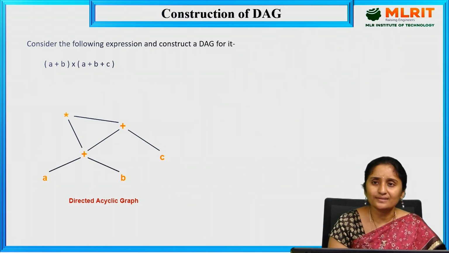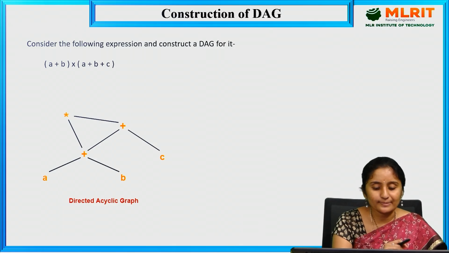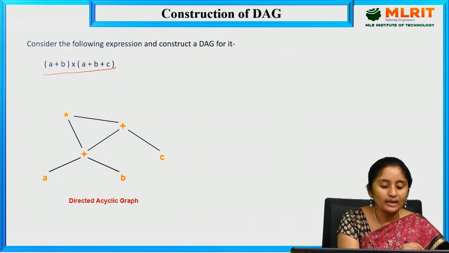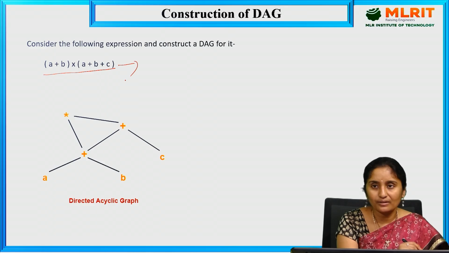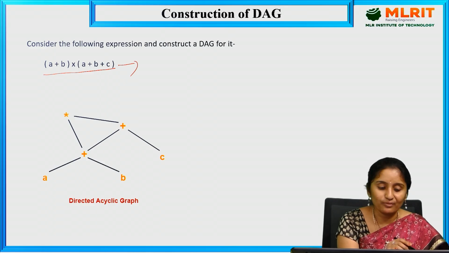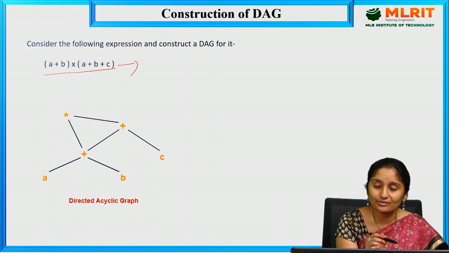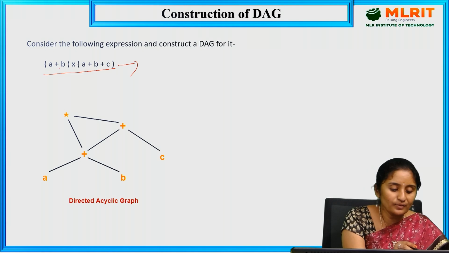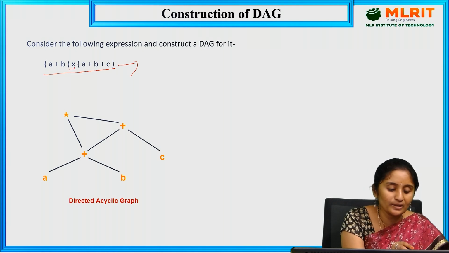So let us construct one DAG. Consider the following expression and construct a DAG for it: A plus B into A plus B plus C. If we write this into a 3 address code, we can construct the DAG from it, or else we can also construct a DAG directly. So see here, first I am having the multiplication operator,